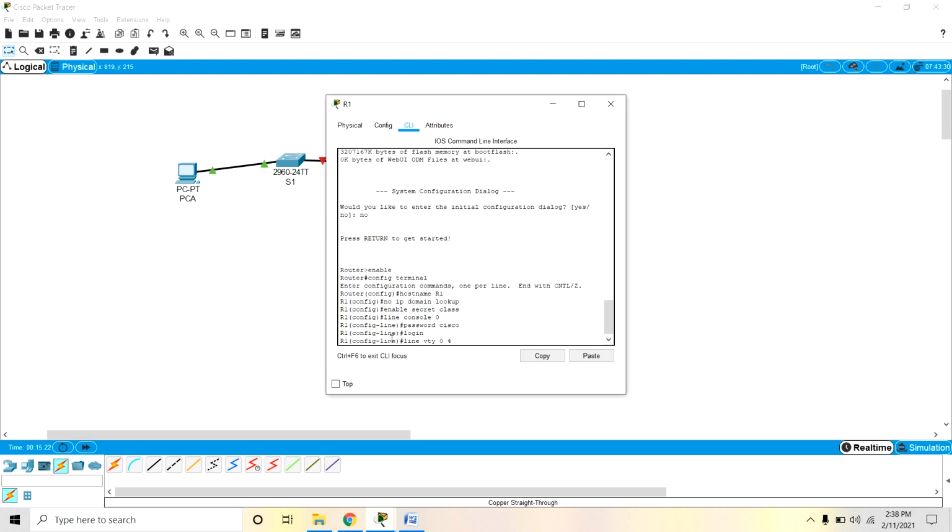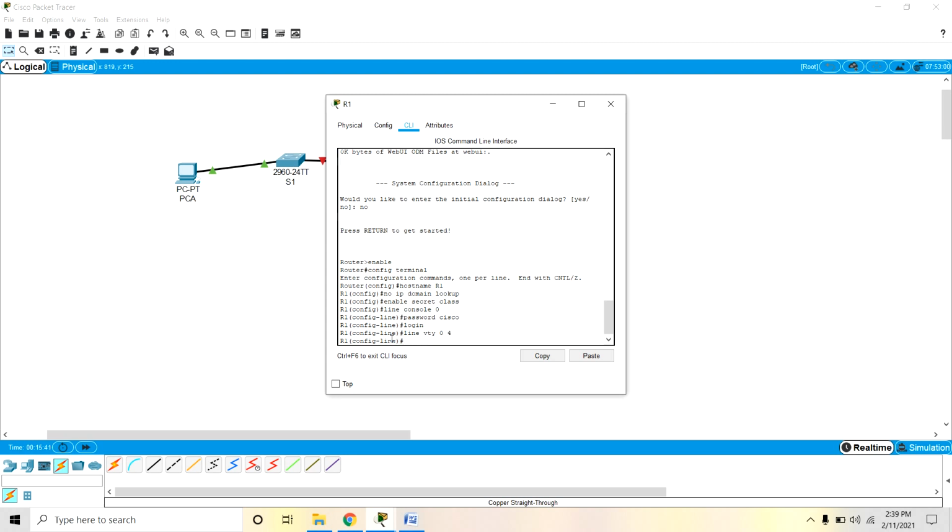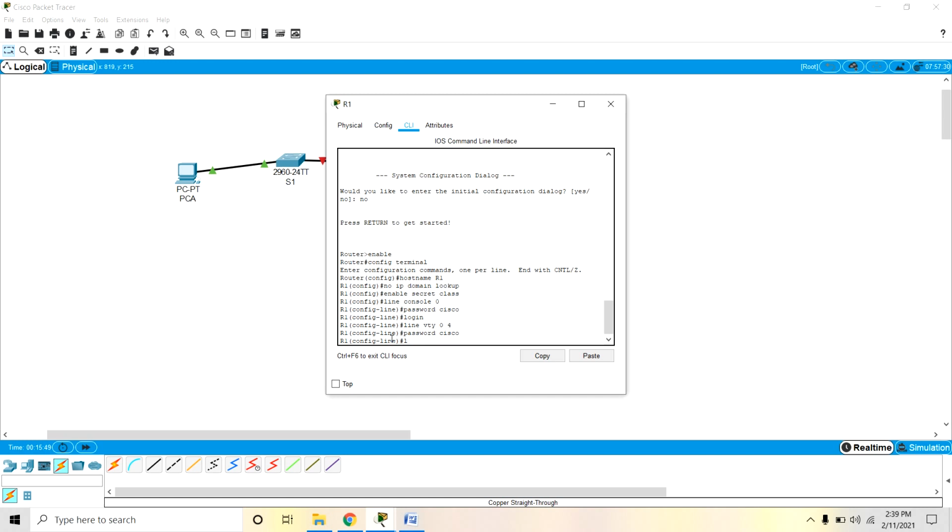The meaning of 0 to 4 is that by default there are 5 VTY lines, and these lines are open. Once lines are open, login is enabled by default. So you can give the password Cisco and login.